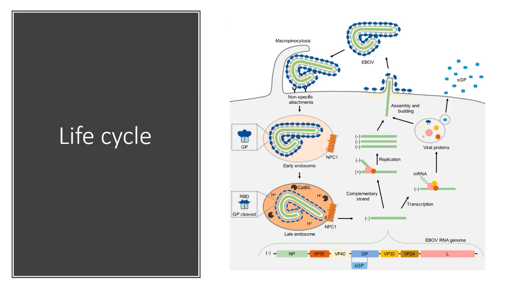Now let's look at the life cycle of Ebola virus. The life cycle is simple, straightforward. But remember, I told you earlier that the Ebola virus is well equipped with most of the components needed for the virus to come out as a viral particle. And the second thing is that this Ebola virus takes up the membrane from the host where the Ebola virus infects. So the membrane content it takes up from the host. So let's look at the process.